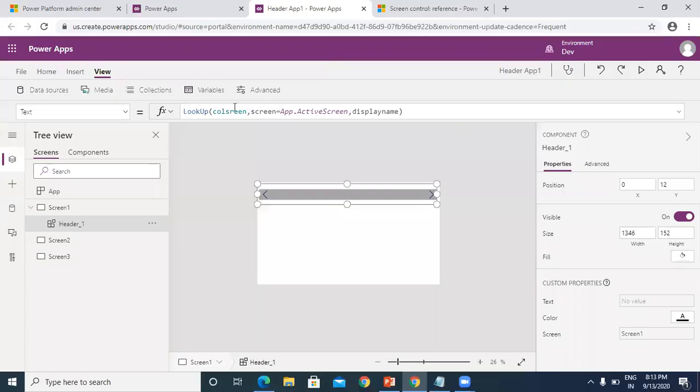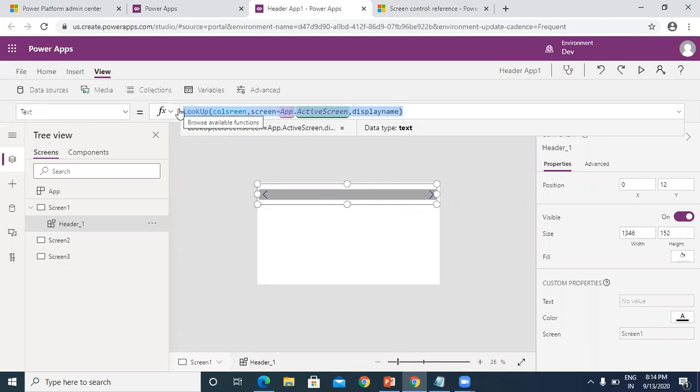You can write a lookup, so lookup, call screen. This is my collection, where screen equals app.active screen, and then the display name in the collection we kept. That name will come to the header text, which is the dynamic property we created. And now you can copy this formula,